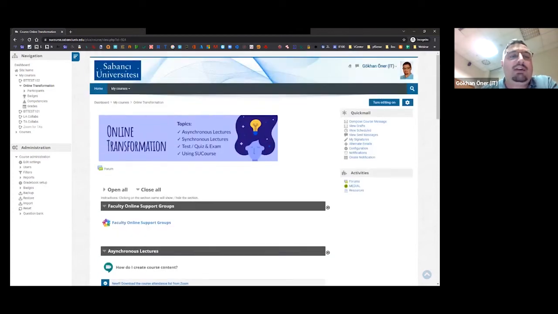But when you log into this portal, you can follow your courses from this navigation pane or under the my courses section. And if you have any additional question about a course, you can just contact your teaching assistant, or you can create a ticket for us. Hope this helps. I think it's not so in-depth, but